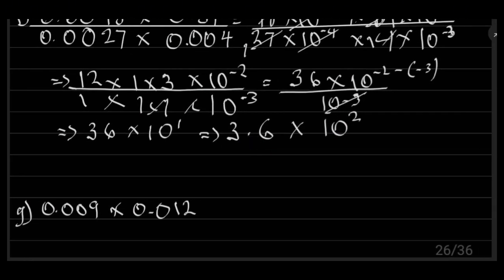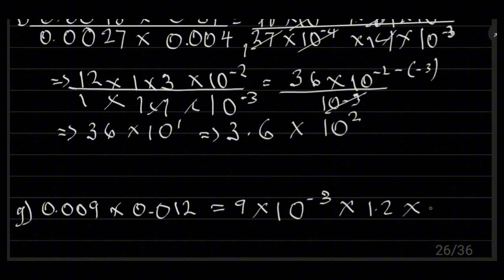Now we also have 0.009 times 0.0012. All of these numbers are not in standard form, so it will be easier for us to express them in standard form and then easily multiply them. So we are going to have 9 times 10 raised to the power negative 4, because we have displaced 4 decimal places. Sorry, I think it's supposed to be 3 decimal places. Forgive my counting. Then times